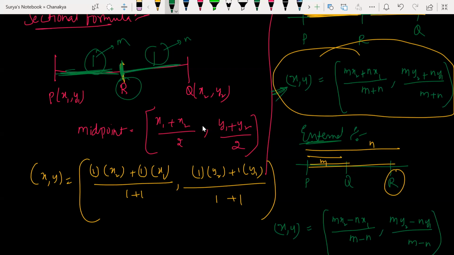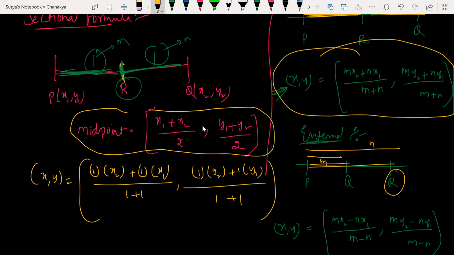So you'll be learning in 10th standard. I'm telling again and again, you'll be learning in 10th standard. No need to worry. I'm telling you how we got this midpoint formula. I'm deriving it, I'm proving it to you. This is R. What are the coordinates of R here? See, P is what?